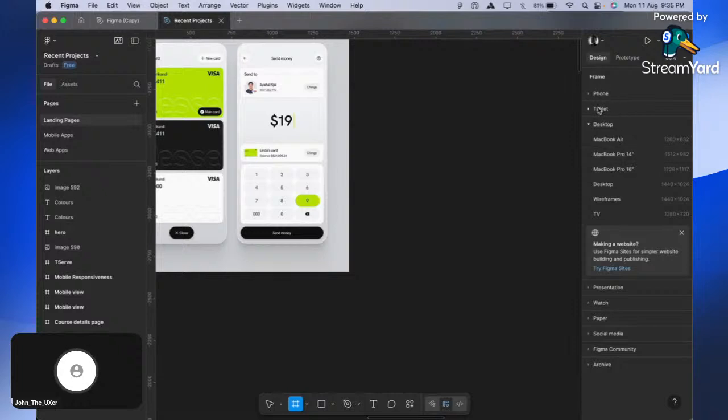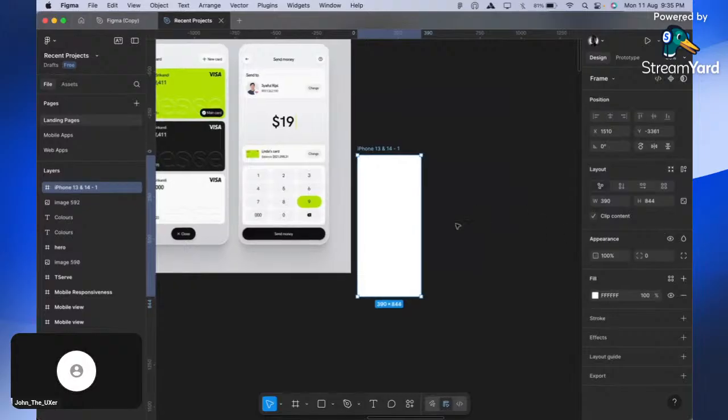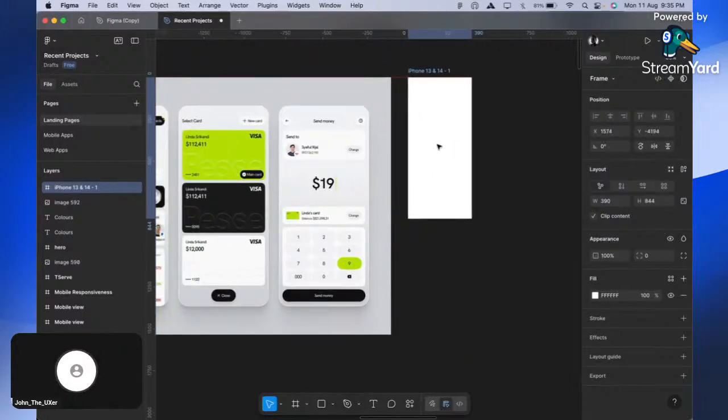I can see phone, I can see tablet, I can see desktop. I click on phone. Now clicking on phone will show me different phone categories. Android, iPhone. For me, I like using iPhone because it works for me. Right. So I like using iPhone. I will choose the 390, right? Rename it to mobile